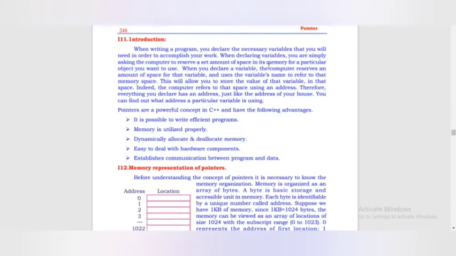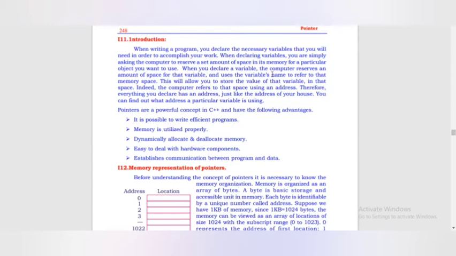When you declare a variable, the computer reserves an amount of space for the variable, based on its data type along with the memory reservation type. In first PUC you have learned about all the data types and their memory weightage, so you need to remember that again.